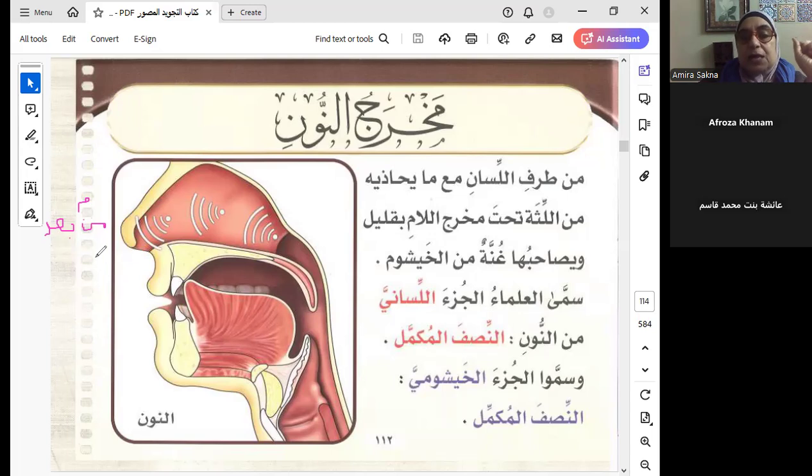That means I'm going to say mim ba'd. So I'm going to pronounce it as a clear noon, but prolongate the ghunna for 2 counts. So the two lips are going to be closed, but do not press. You're going to say it as if you are pronouncing the mim da, but prolongate the ghunna for 2 counts. Okay,